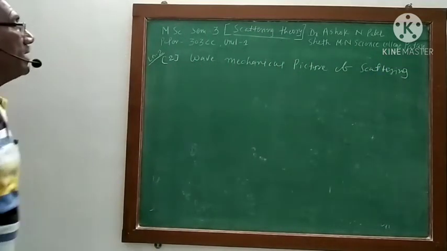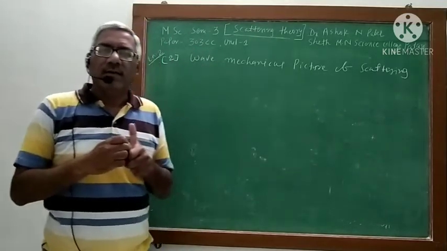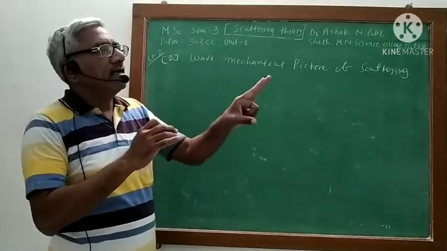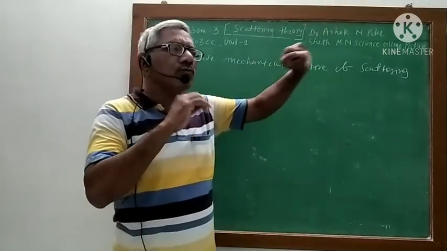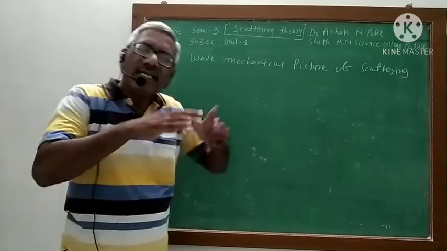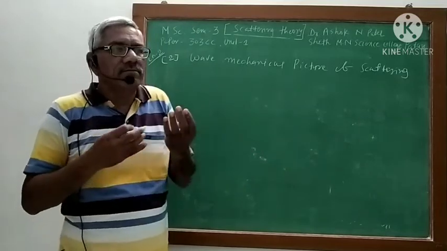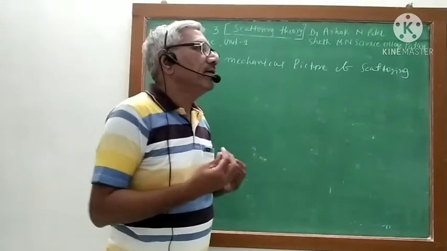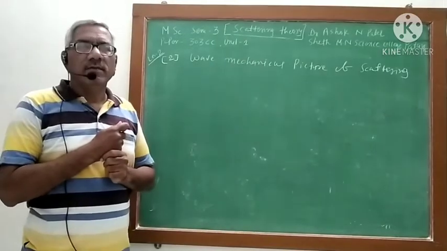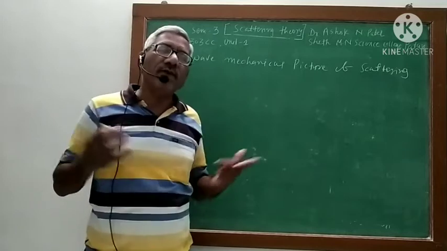We'll try to understand the meaning of this wave mechanical picture. So far, in our discussion, we considered incident particles and then the number of scattered particles. So far we have considered particles. It means we have considered the classical picture, because classically these are particles. But when the particles are very small objects, then quantum mechanically we say that the particles behave as a wave.